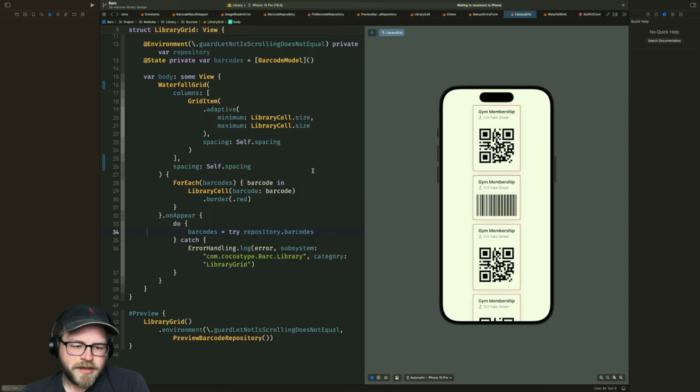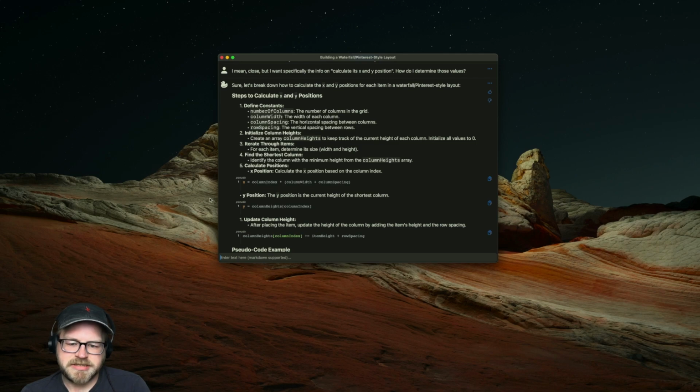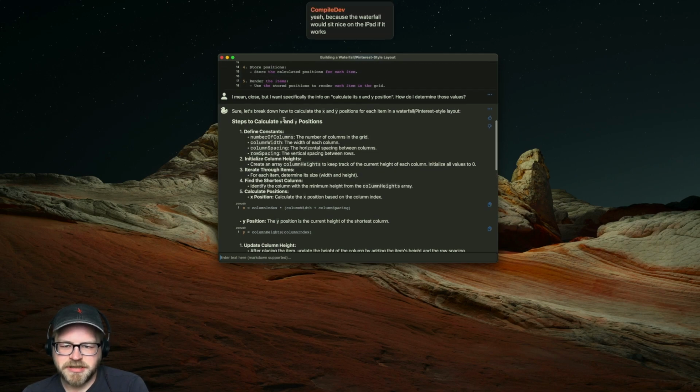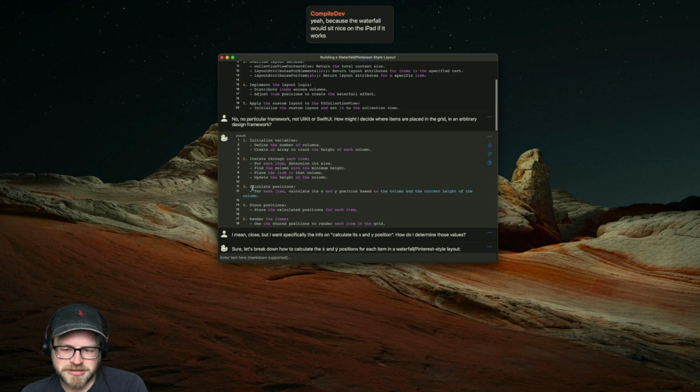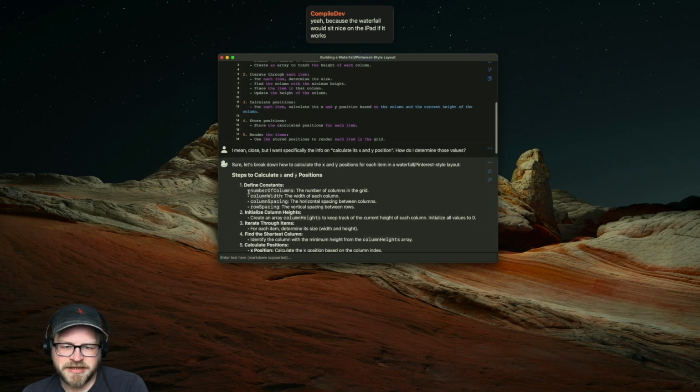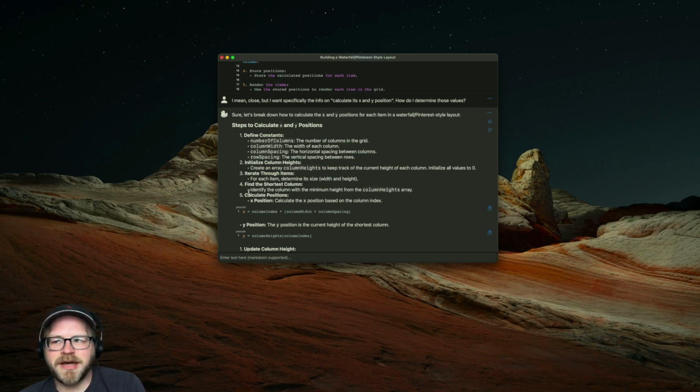Anyway, let's do this layout. Waterfall grid. So thankfully I asked the duck how to do this, and it kept going like, just calculate it. Just do the calculation. And I was like, no, just explain the calculation. That's actually what I need. The waterfall would sit nice on the iPad if it works. Yeah, but I also don't expect people to have too many